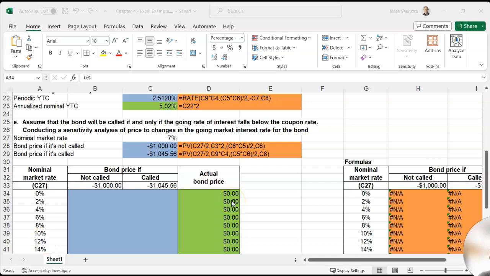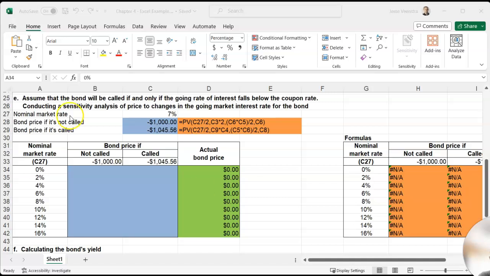I'm going to walk through the data table and sensitivity analysis specific to the Excel that we're working on today. I know data sensitivity analysis and these data tables are a little bit tricky to walk through. So down here in A31 through D42, what we're trying to do is say, if the nominal market interest rate changes, how does that impact the price of the bond? And recall from class, as interest rates rise, the price of the bond will fall, that inverse